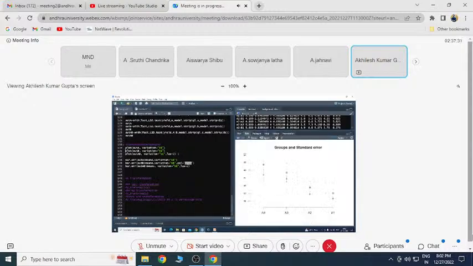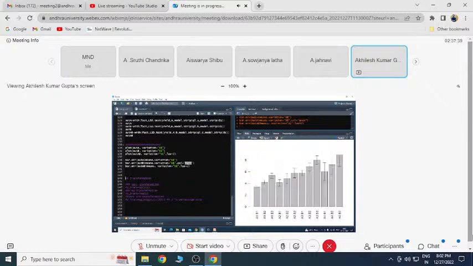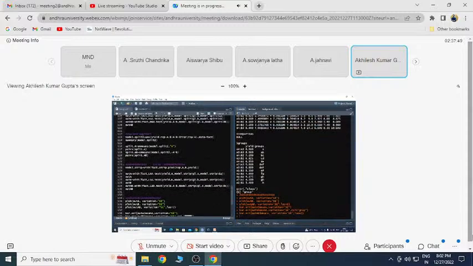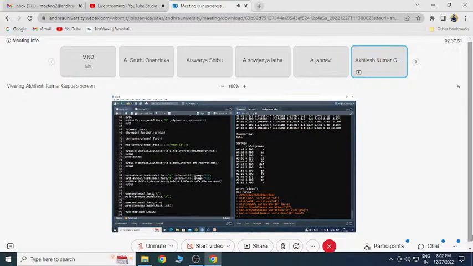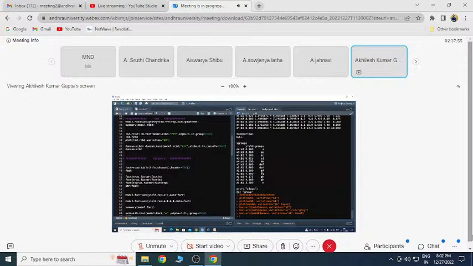This I have already told, you can use them. And also you can plot this type of bar plots with your standard error of means like this. You can use any of them. You can see these commands, you can practice. It will be better if you practice by yourself. Try to understand the things. I have explained most of what we are going to do by using the comments.